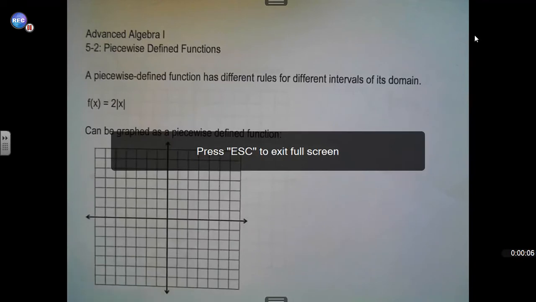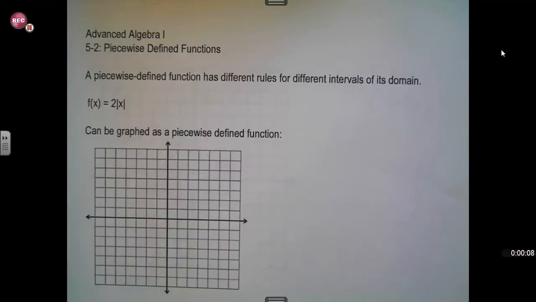A video for Advanced Algebra 1, Topic 5, Section 2, graphing piecewise defined functions. And we start off right off the bat with, why do we need a piecewise defined function? The reason we need it is so that we can define absolute value as a piecewise function. Because when we get into higher mathematics, that rate of change that we're talking about, being the slope of the line between two given points,